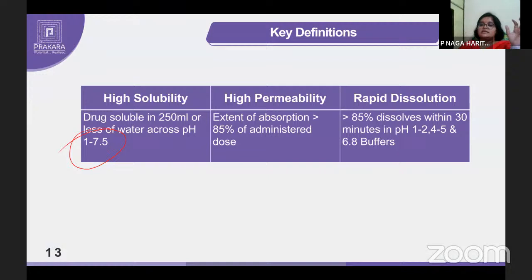At that pH range, if its highest dose strength is soluble and dissolves in 250 ml or less of water, then we consider it as high solubility. And then coming to high permeability,